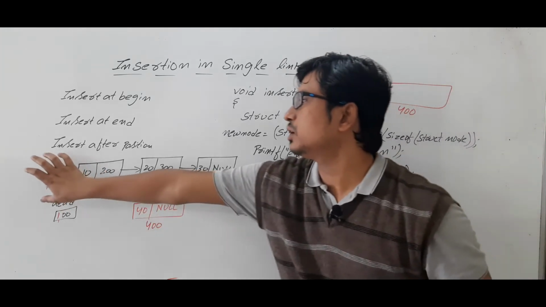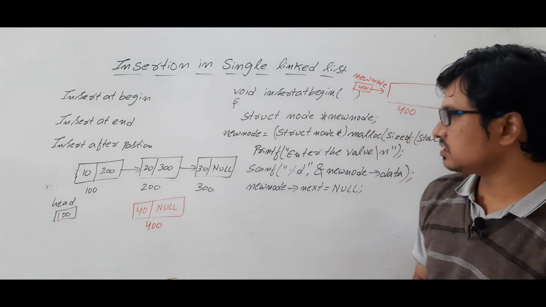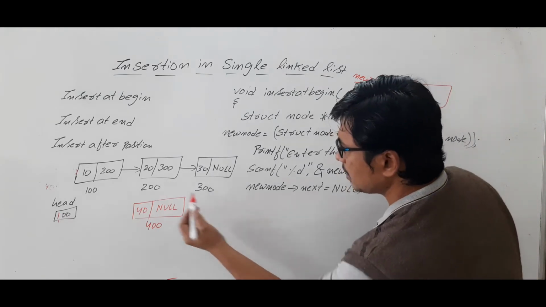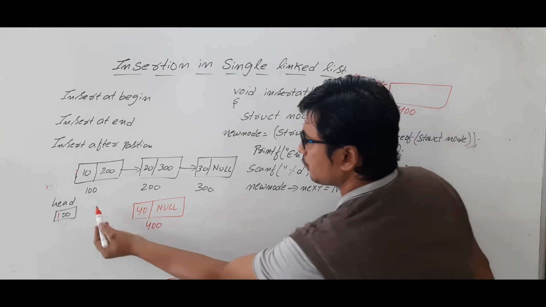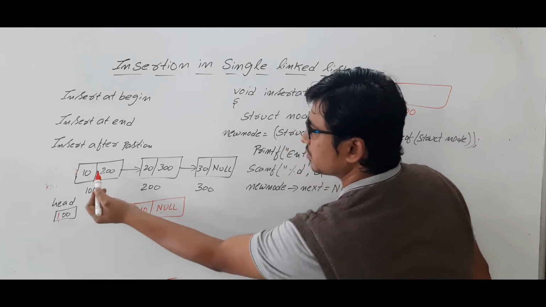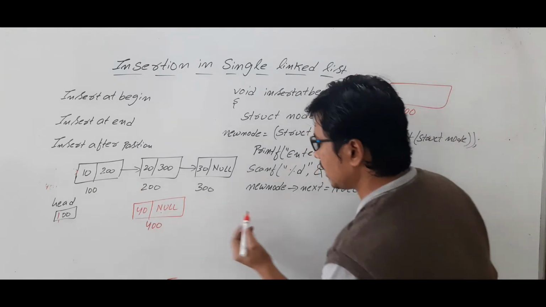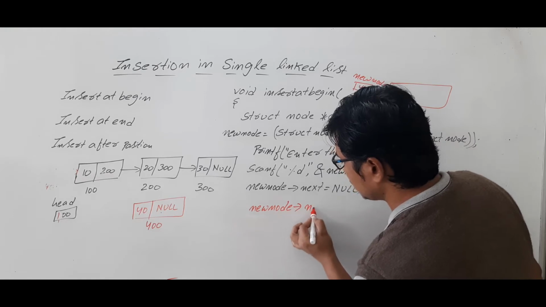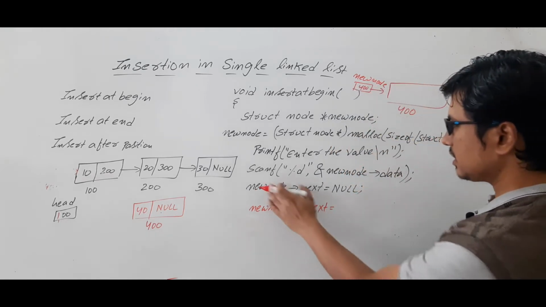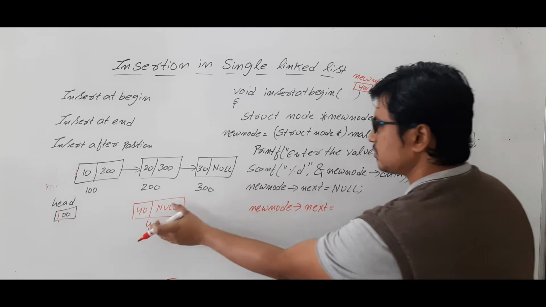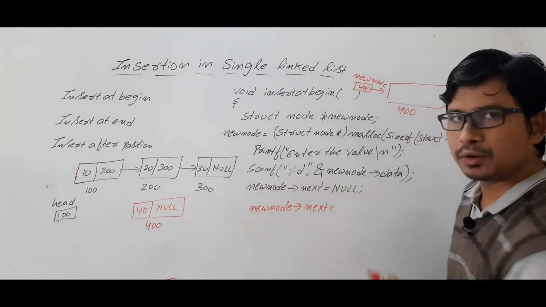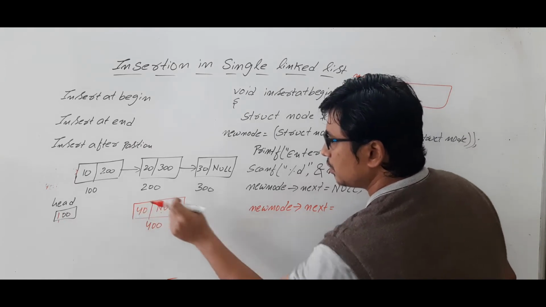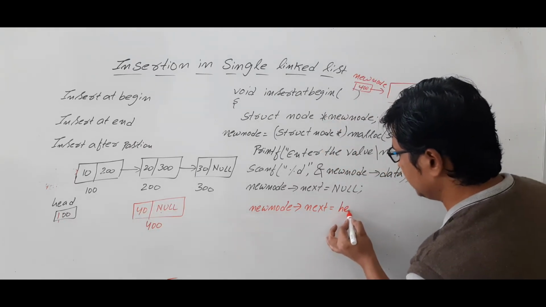Now I want to insert this node at the beginning. So what do I have to do? First I have to check what the scenario is. First, I have to write new node of next is equal to head. In that case you can erase the earlier null statement, but just for safety, when declaring that variable we initialize it with a null pointer. That's why I have written it. Now you can write new node of next is equal to head.